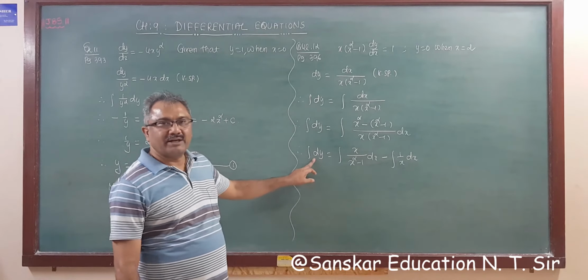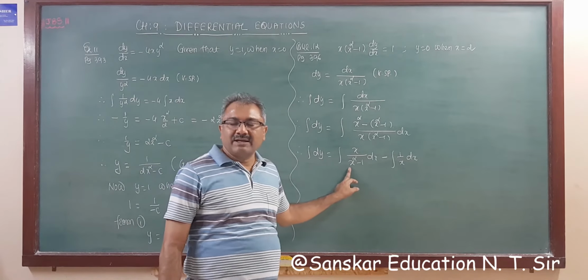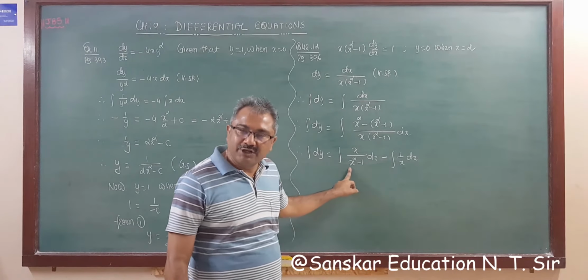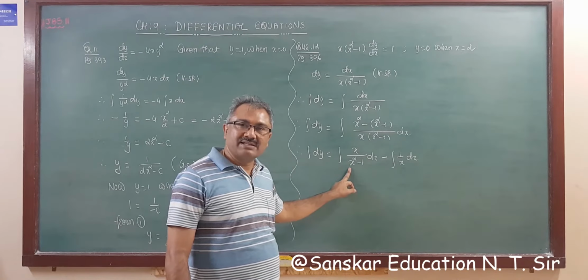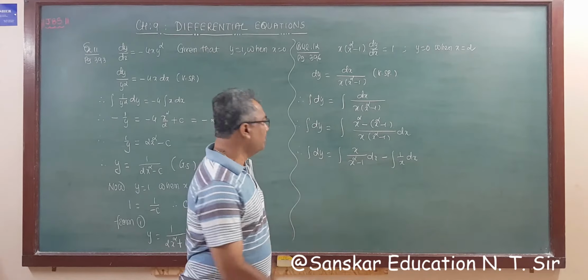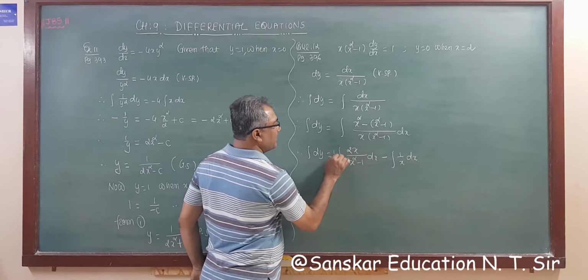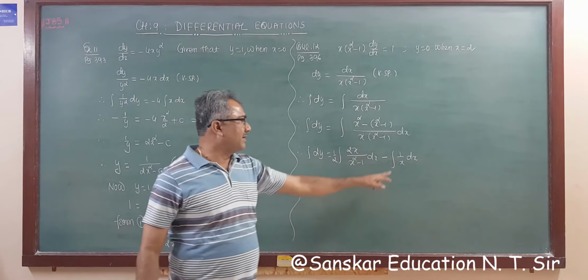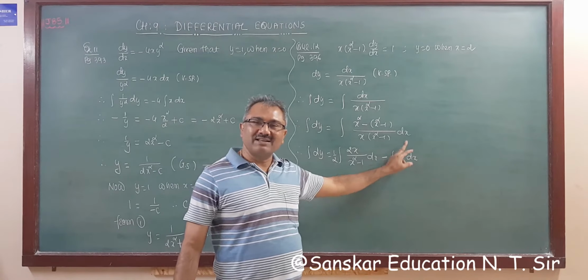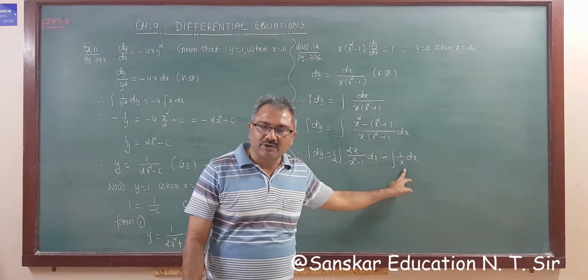Now this is the integrable function. Now here the derivative of the denominator is in the numerator. The derivative of x square is 2x, but there is no 2. It's very easy. Divide and multiply by 2. आपको पता है. And the derivative of the denominator is in the numerator here as well. Log mod x is your answer.